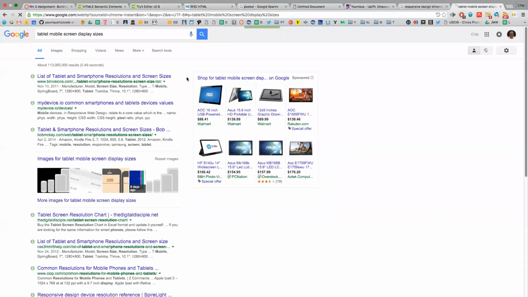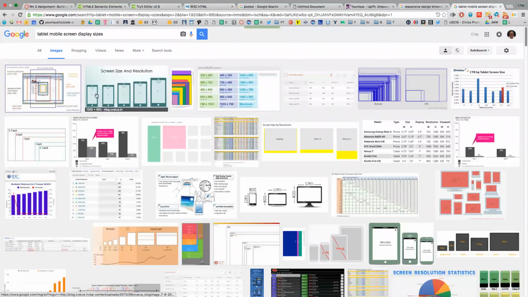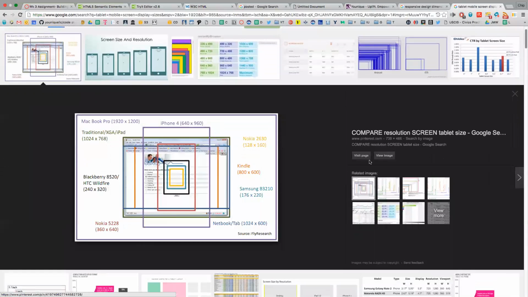But all it does from the 375 to the 325 is it just scrunches everything down to be even smaller. All right. So, let's see. MacBook Pro is 1920 by 1200. That's the outer one. Here, there's the iPhone 4, 640 by 960. And you're most interested in just the width, not the height so much, because it's scrollable. Yep. And so the only time I'm concerned about the height is if I need them to see a button